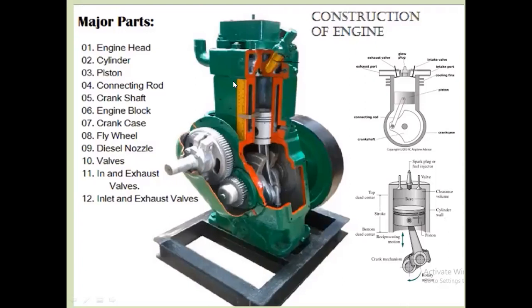After that, from the top of this cylinder block, that is the engine head. From this schematic view of the two-stroke engine and four-stroke engine, in the two-stroke engine we can use a port injection type, but in the four-stroke engine valve mechanisms are used. In the two-stroke engine we use the ports, that is the inlet port, transfer port and exhaust port. For the cooling system, fins are present.